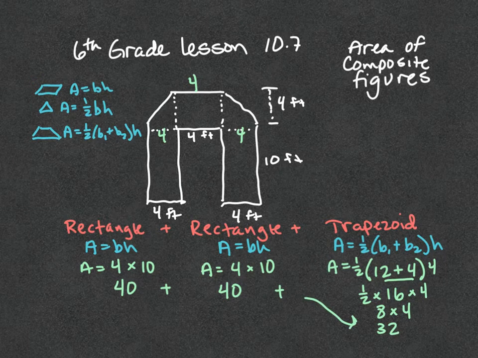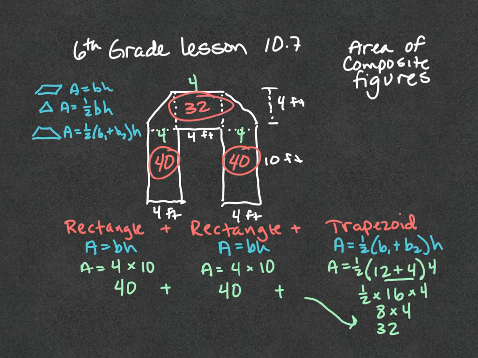So I just add all of these together, because what I have found is the area. Let me put this in a different color here, let's go with red. The area of this rectangle we found was 40, and the area of the trapezoid was 32. So to find the area of the whole composite figure, now that I have those pieces done, just simply means add them all together. 40 plus 32